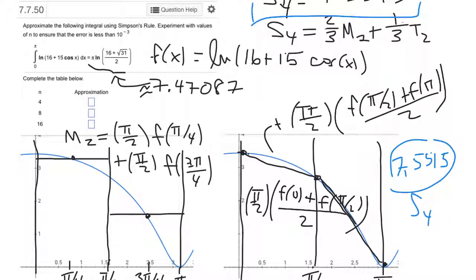That's the value of S4. And so that would go in this box over here. And so that's just one of the answers. Now, the reason this is called S4 is because if I had drawn all of those dots on the same